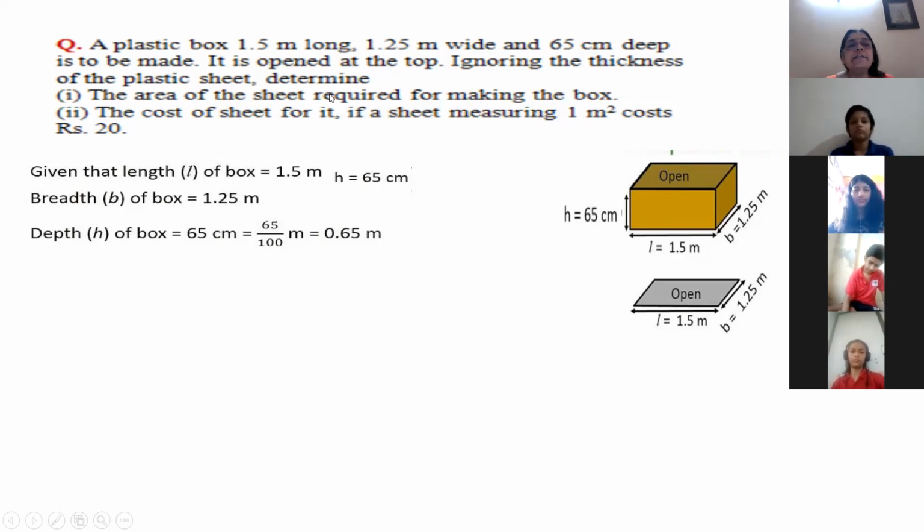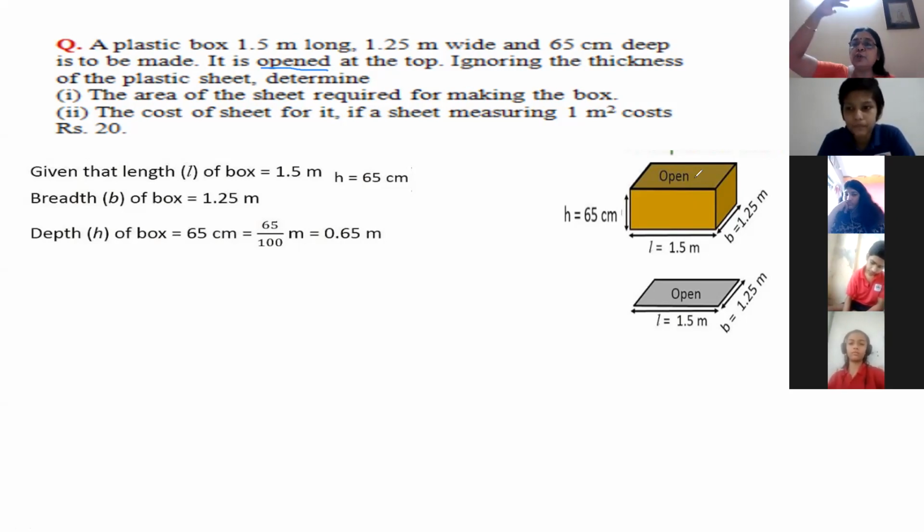Find the, as it is open. See, the keyword over here, what you can see is open. What type of figure it is? It is open. So how many faces we have to consider of this box? 5. है ना? We have to consider 5 faces. So we have to remove this face from total surface area. Okay. So what will be my formula? Total surface area minus the top area.